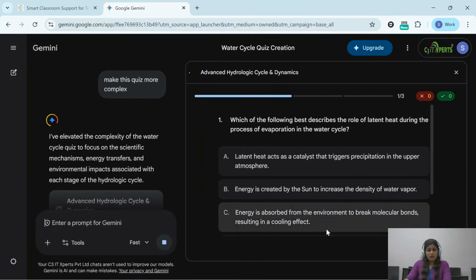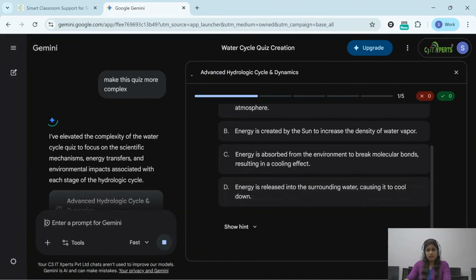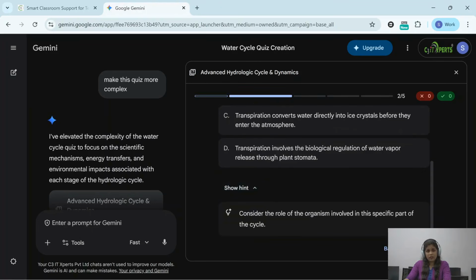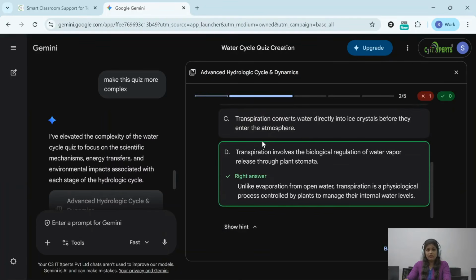See, the higher order level questions are now generated. You can review the questions here. You can also get a hint from here, and you can also get the answer. Review the questions which you want and then just paste them into Google Forms and share it with the